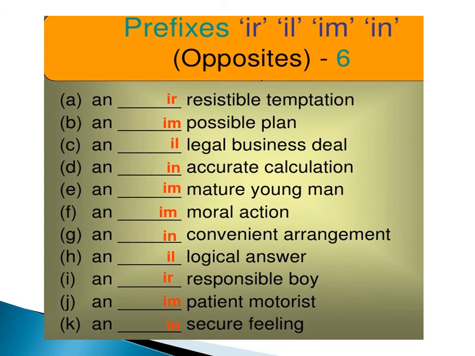Now, prefixes ir, ill, im, in. An irresistible temptation, an impossible plan. So, we are using those rules. The word started with R, we use ir. For the word started with P, we use im. For the word started with